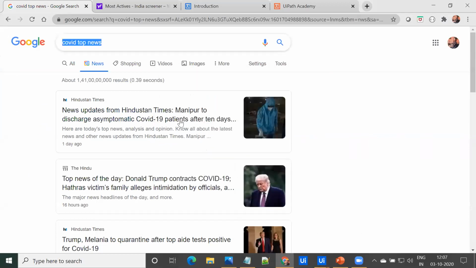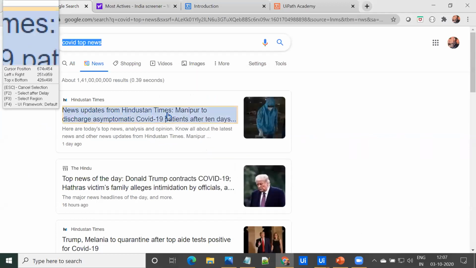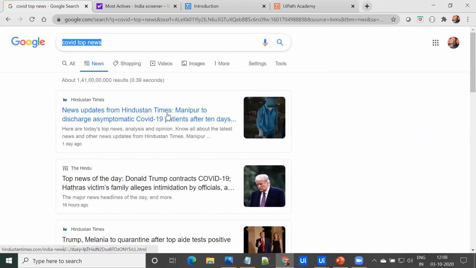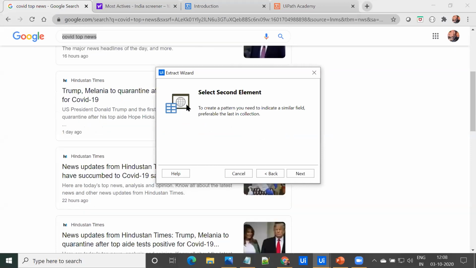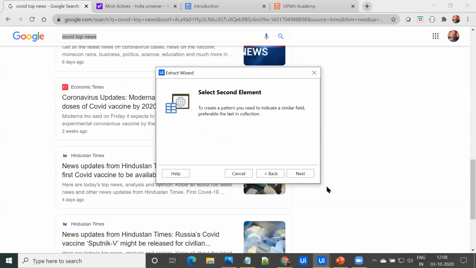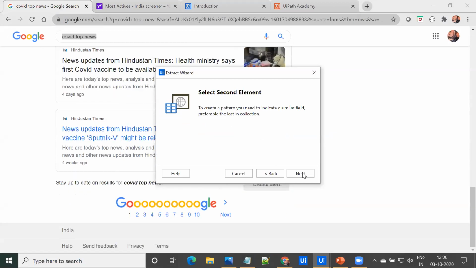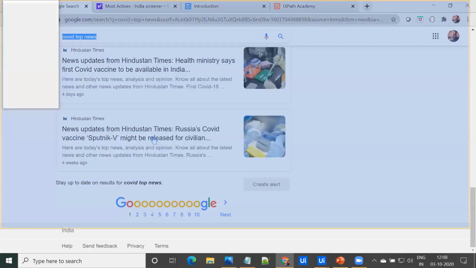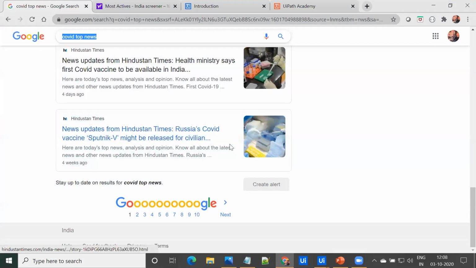Let's click on next and highlight the first element of the news. Just click on this particular headline, and it will again ask me to select the second element. At the end, I'm clicking next and highlighting that particular thing.